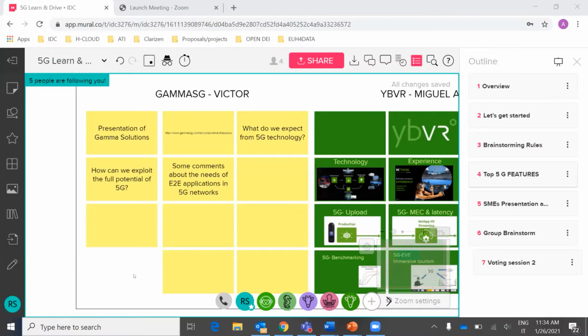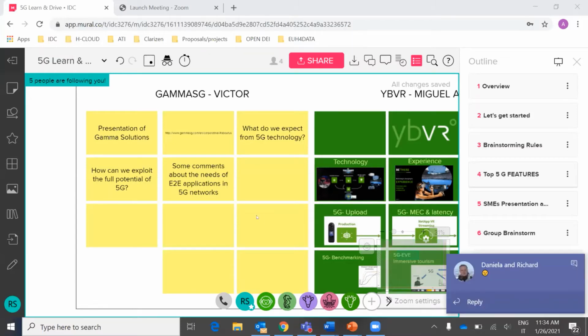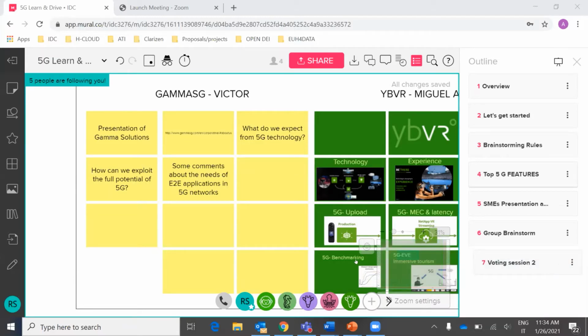For example, mixed reality in real time, or an immersive mixed reality in real time, needs a very high user data rate, about 1 gigabit of user data rate, and latency below 10 milliseconds in an end-to-end application. So in the user application layer,